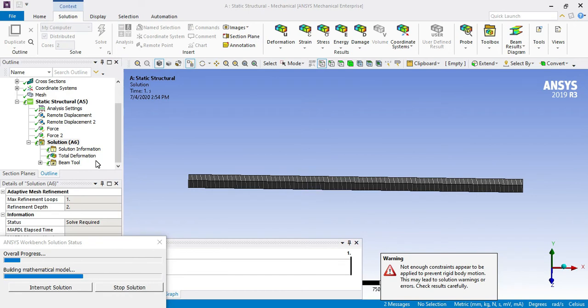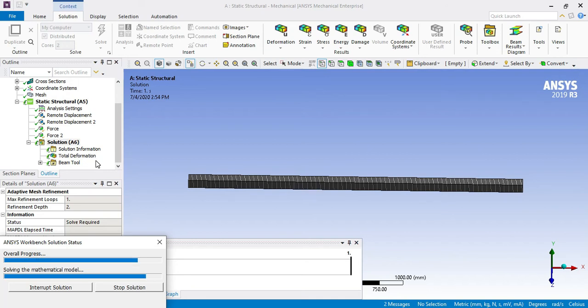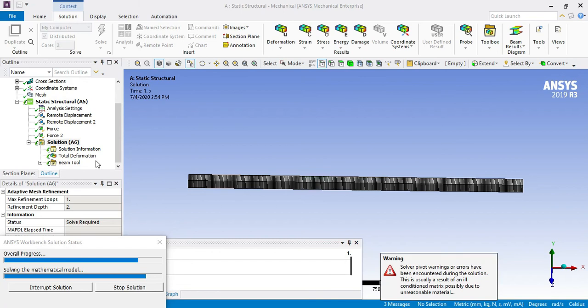So here we get an error. So we need to go again to the constraint setting, and we need to set there X direction also as 0.